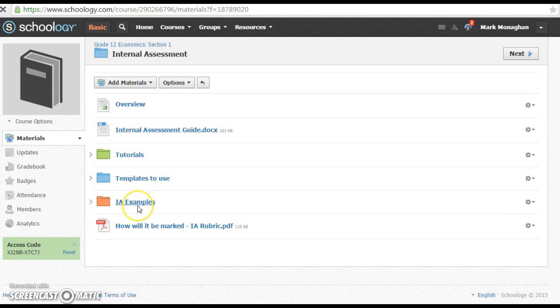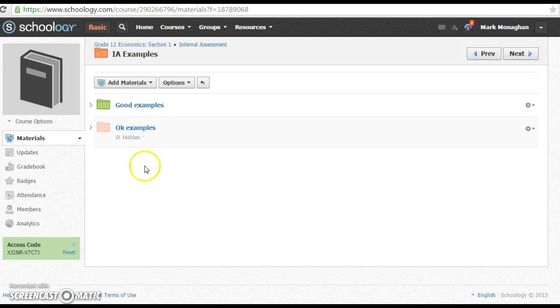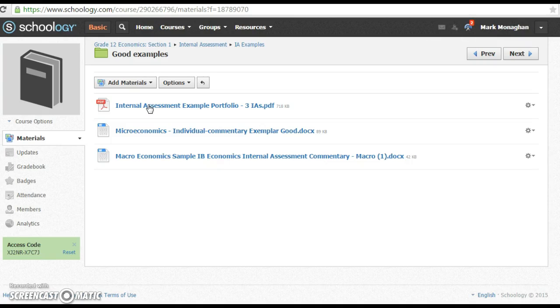And then there's actual examples, so a really good show. So here you can see one hidden. I haven't got any okay examples, I'm only sharing good examples at the moment, so there might be some just reasonable examples that I put on, but for the time being you might just see good examples. So in here, you just click in here and it's got